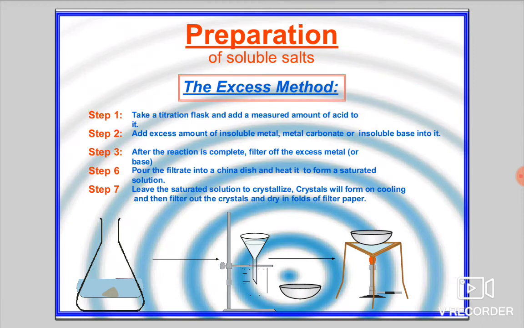After the reaction is complete, we have to filter off the excess metal or base. Then we need to pour the filtrate in a china dish and heat it to form a saturated solution. Leave the saturated solution to crystallize. Crystals will form on cooling, and then filter out the crystals and dry them in the folds of filter paper. And if you want to gain big crystals, heat the saturated solution at a low temperature, and